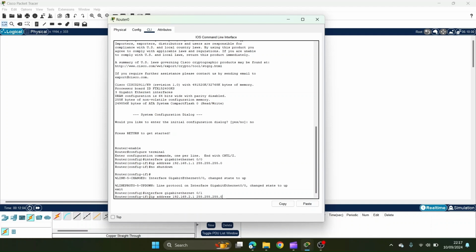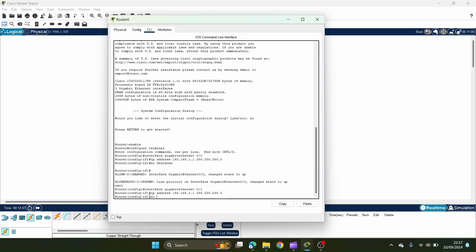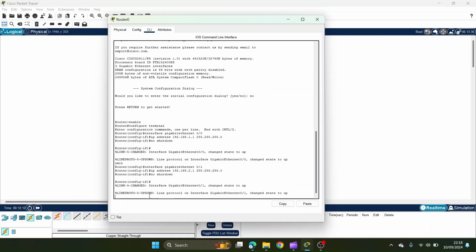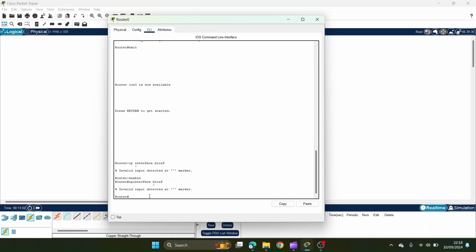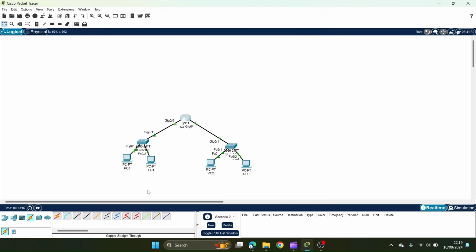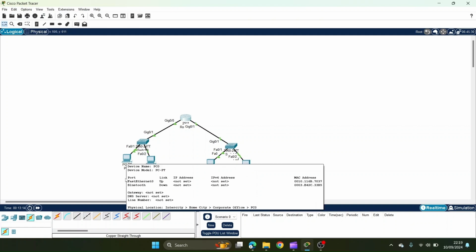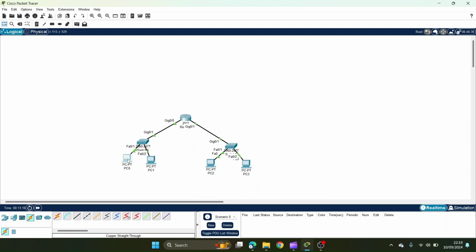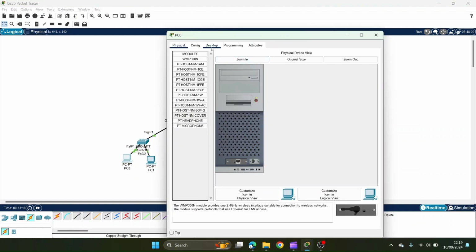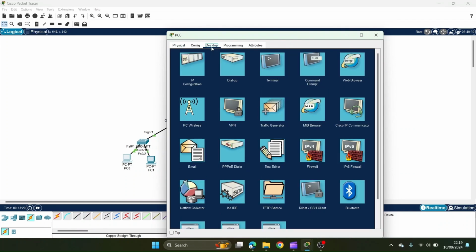Okay, so we'll just no shutdown. Activate that. And that's up. Okay, so let's add our PCs into our different subnets. We'll come here to PC 0 and we'll double click. And if we go to desktop and IP configuration,